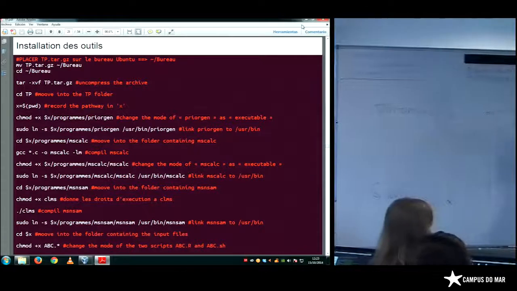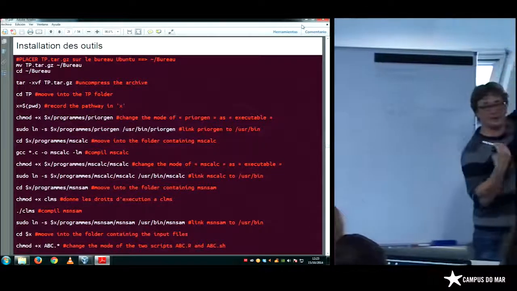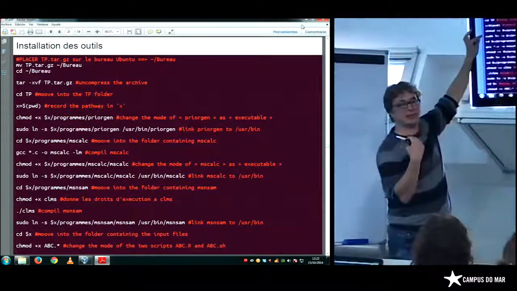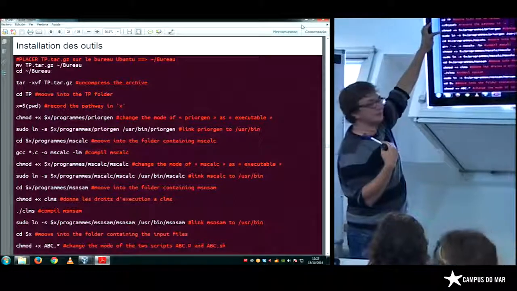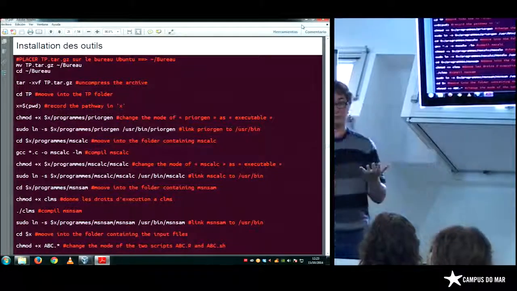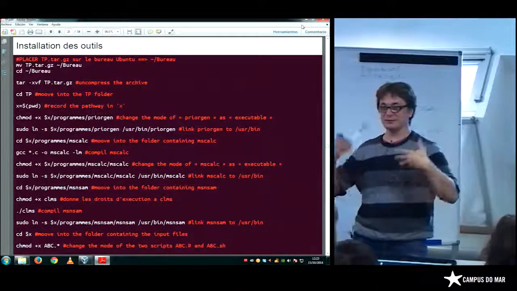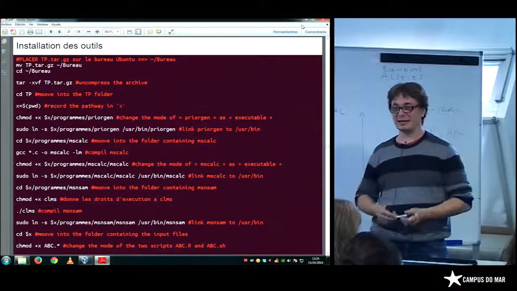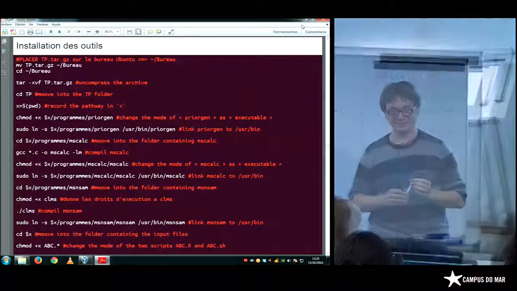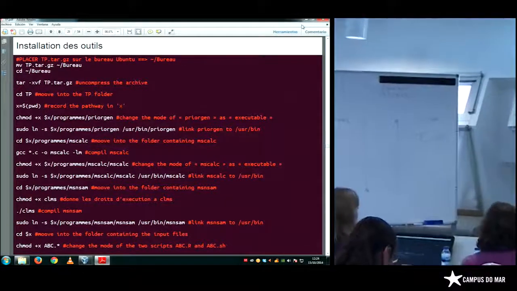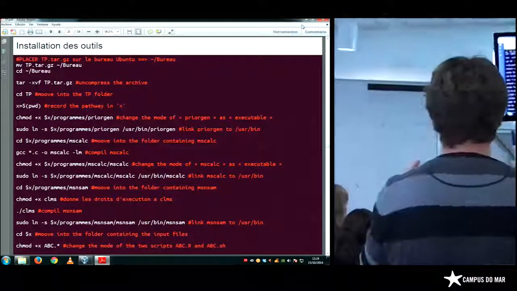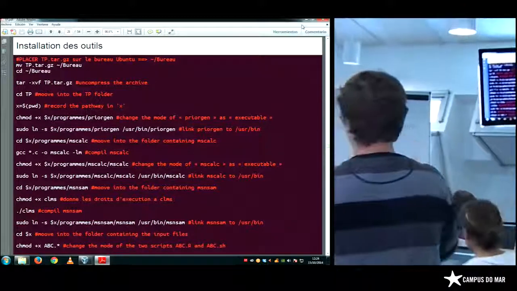So what happened to me the previous hour is that I have to do this 2 times for it to work. I don't know why, but if you have an error, you do it again and it should work. It's an informatic thing. You have to say to Linux,